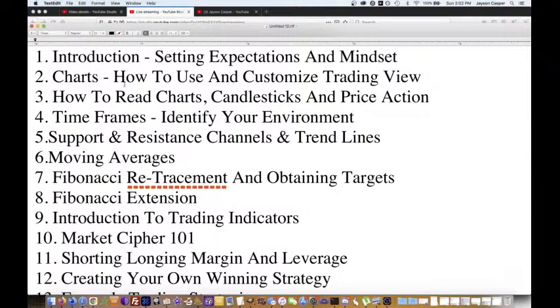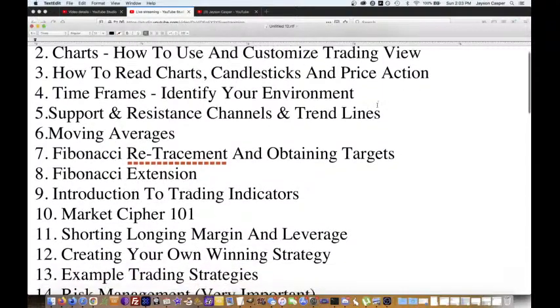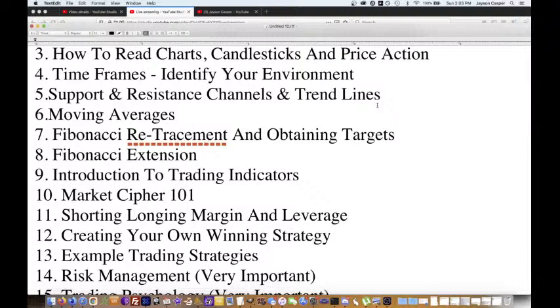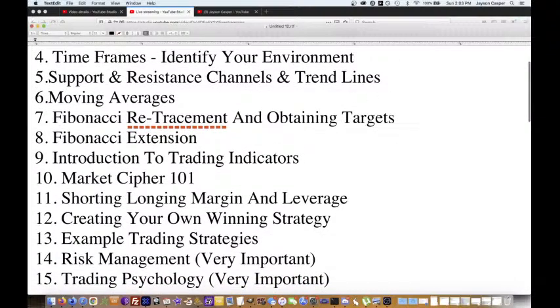I'm going to go through how to read charts, how to read candlesticks, how to understand price action. I'm going to be talking about different types of candlesticks, time frames, how to identify your environment. I'm going to be going over support and resistance levels, how to find those levels. I'm going to be talking about channels and trend lines and how we can use these things to improve our